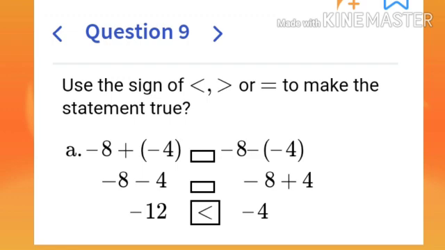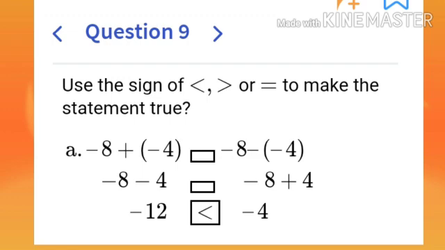After getting the results of these two expressions, now we can compare. Minus 12 is greater or minus 4 is greater. Here both the numbers are negative. Minus 12 and minus 4. Just assume a number line. 0 is in the middle. Positive integers are on the right on the number line, negative integers on the left. So when we are moving towards right, the numbers keep increasing. When we move towards left, the numbers keep decreasing.